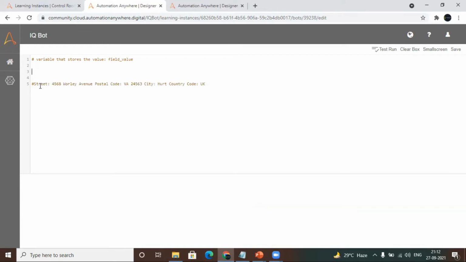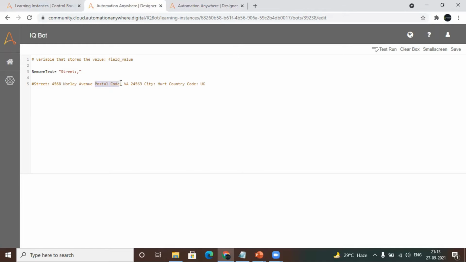To remove this, we will use a replace function in Python. It will again be a small code only. Just put the text which you want to remove inside the code. I want to remove this street. Separate the other word which you want to keep using a comma.